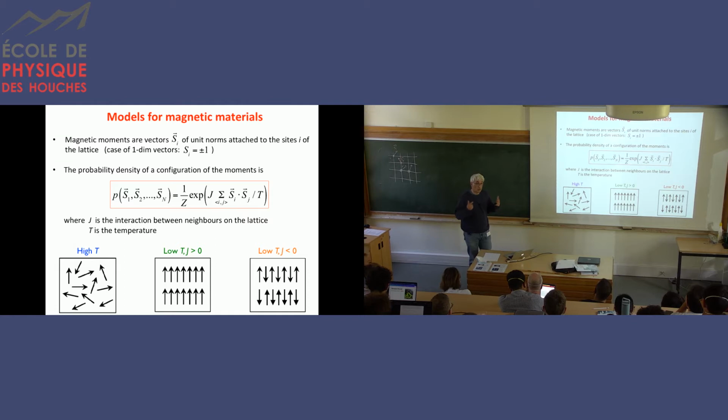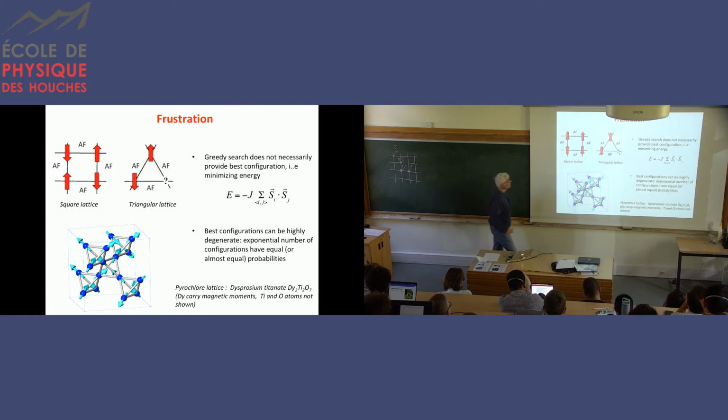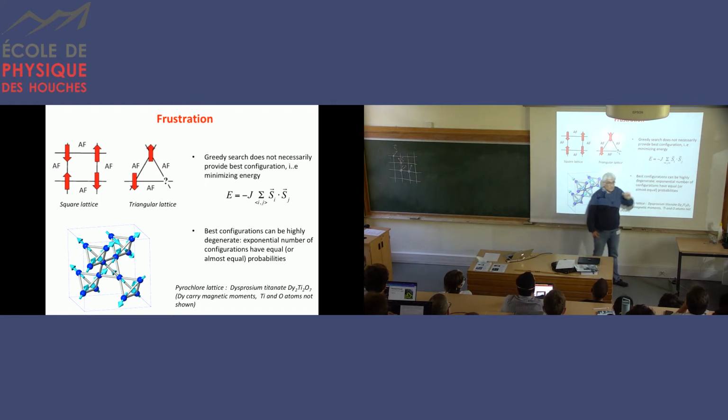But as soon as you go to more complex, different lattices, of course you get into trouble. For instance, if your lattice is not a square grid anymore, but a triangular lattice, then if you try a greedy search for the best configuration of the spins, you start with this one to the top, this one will be down, and that one cannot be aligned up or down. So you have to solve the whole global optimization problem to find the best configuration of the orientation of the spins, which minimizes this energy or maximizes the probability, which is the same thing. And it can be actually quite complex.